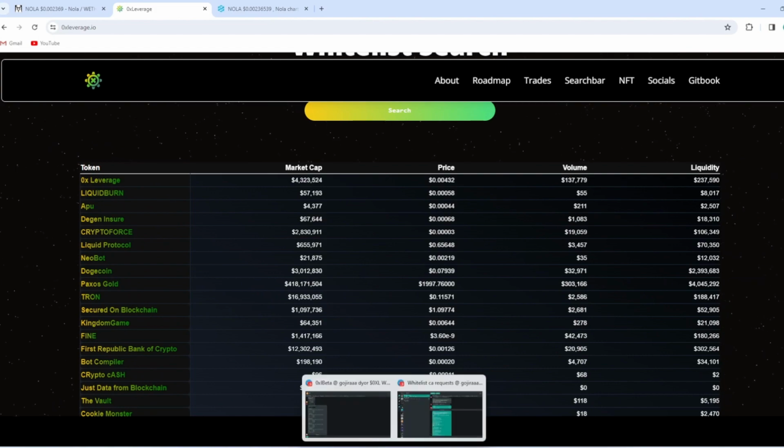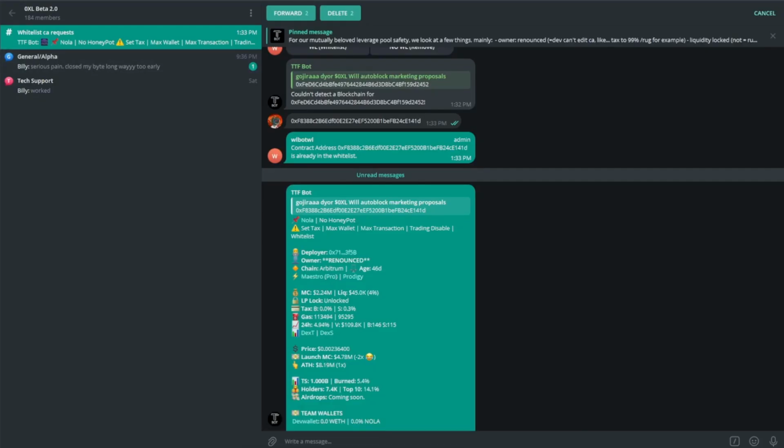So what I suggest the other way is by going to our actual beta group. Once we're in our beta group, you will see that we have a whitelist contract address request topic. And if you do post in there,